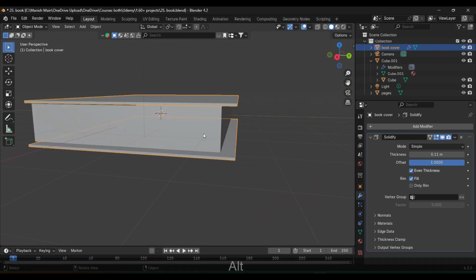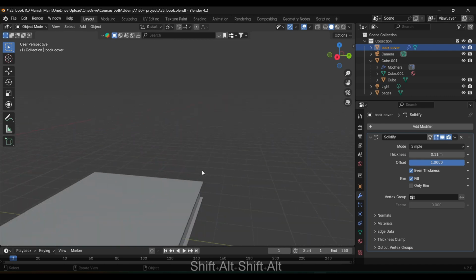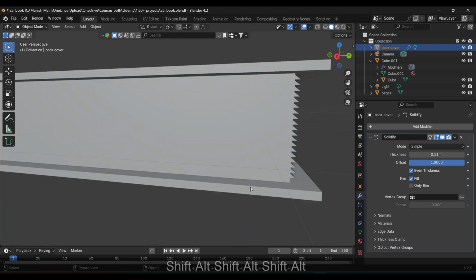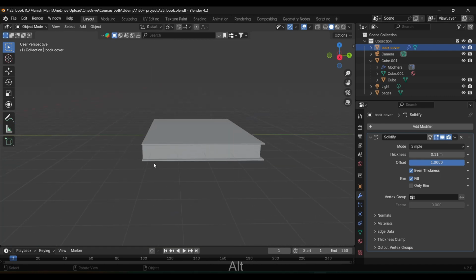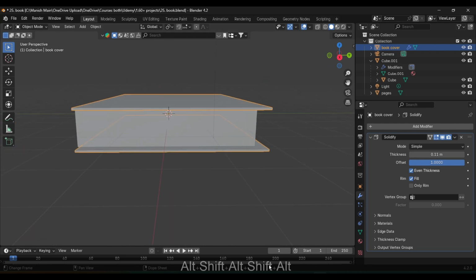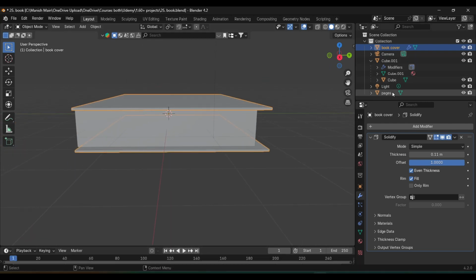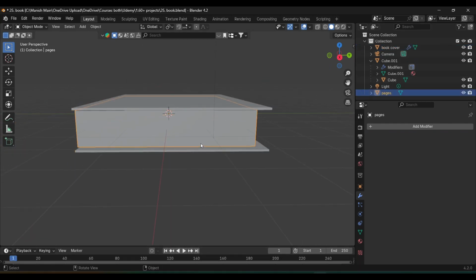Now I'm gonna make this page like the demo one. You can see that the demo one page is looking like a real page. So I'm gonna make this. For making the page, select first pages, or you can select from here and go to the edit mode